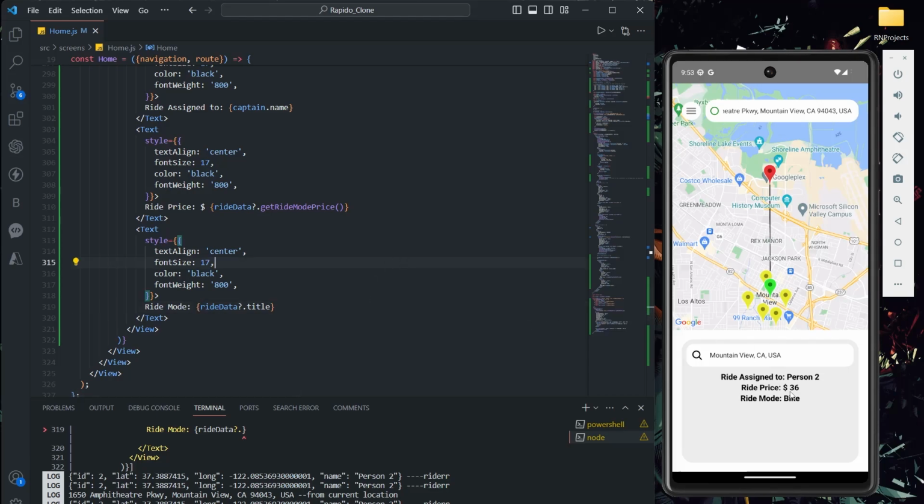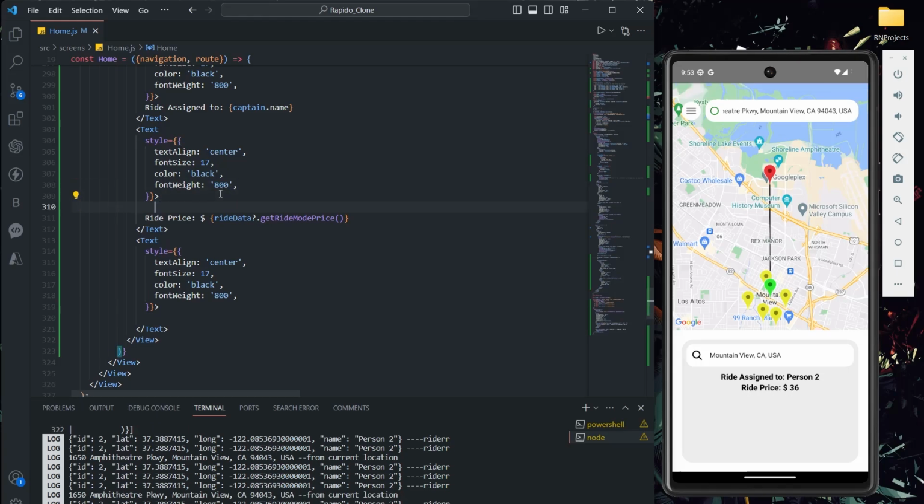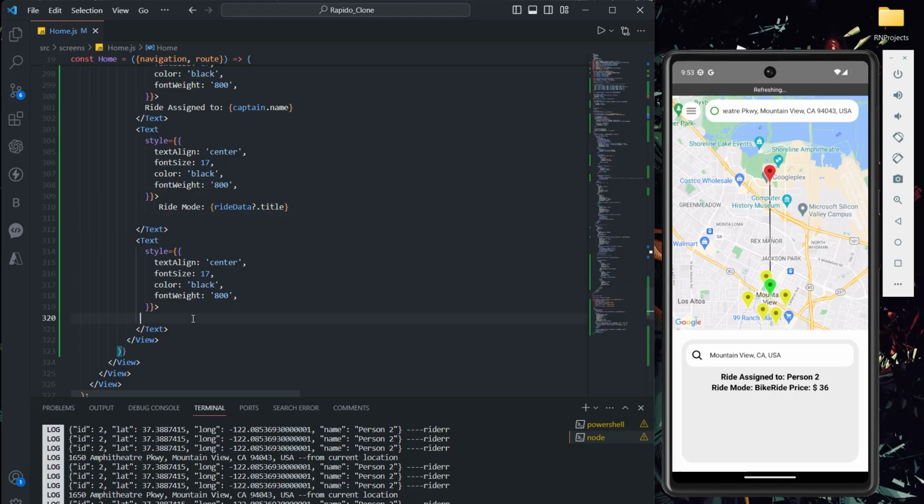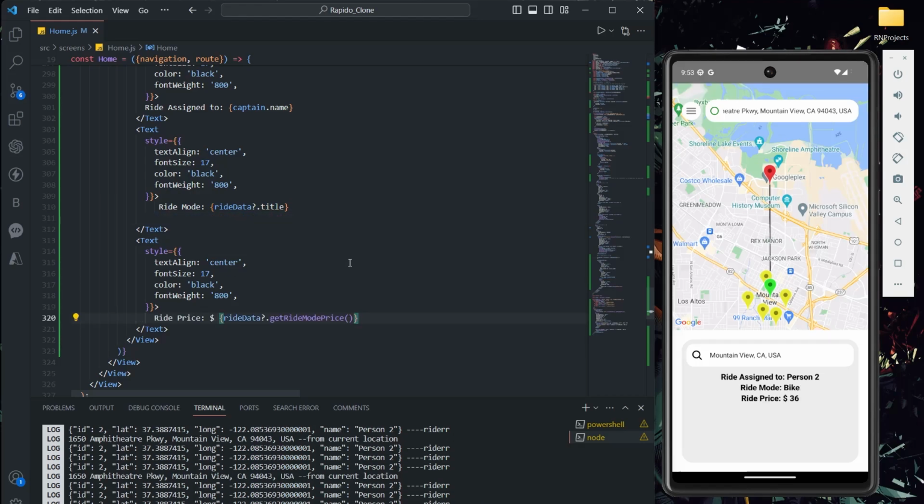That's it. So these are the details we are showing. Let me cut it here, and we can simply rearrange the order. I want to show that particular riding mode on top and price below, nothing but.